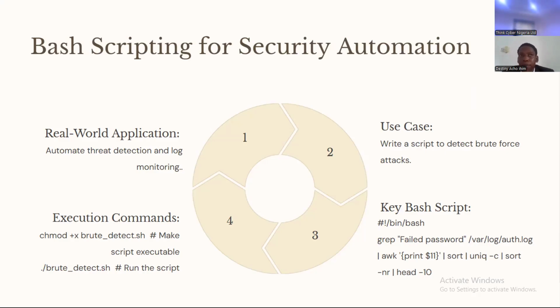Now we used case. So case is when you have a lot of scenarios that would play out. You want your user to input an option that you're giving it. Let's say you want to give the user the option to produce your IP address, or the area of a circle, or your login details or something like that. You would give the user the options to select. Now the case will help you automate that process, right? So once the user selects something,